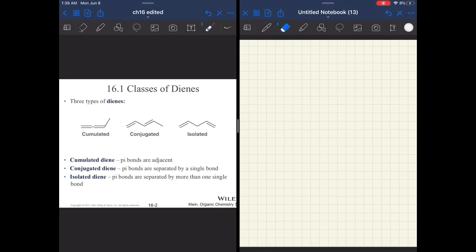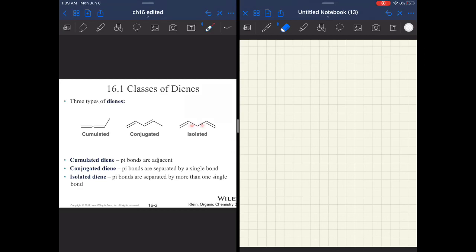So first we have a little bit of vocab here. There's the cumulated diene. That's where you have pi bond, pi bond. Both of the double bonds share a single carbon. The conjugated systems are pi bond, single bond, pi bond. So 2 pi bonds that are separated by 1 and only 1 single bond. And then any other arrangement would be isolated, where you have double bonds, but they are separated by 2 or